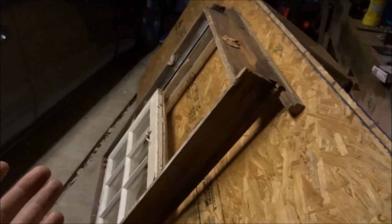I'll be using that for my driveway because the Fusion's lowered. Shitty window that I'm not even gonna get into. Lawnmower, I gotta clean it this summer for sure. But